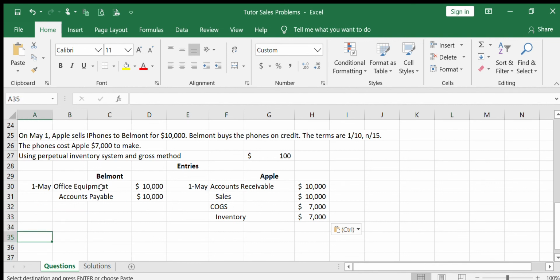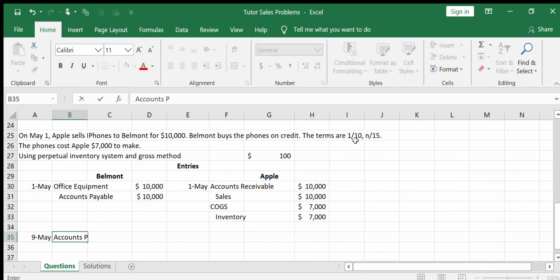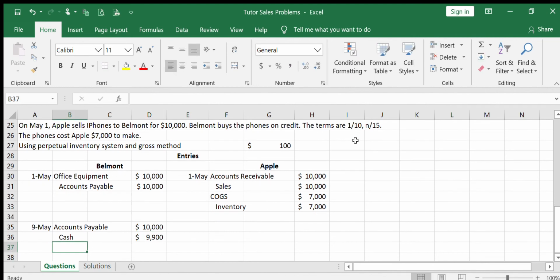So what happens though if Belmont pays Apple back within 10 days? So let's say on May 9th, they pay back Apple. And so that means that they're within that 10 days and they get that 1% discount. So we will do an accounts payable of $10,000 like we did in the previous problem. But instead of doing $10,000 of cash, we're only going to do $9,900